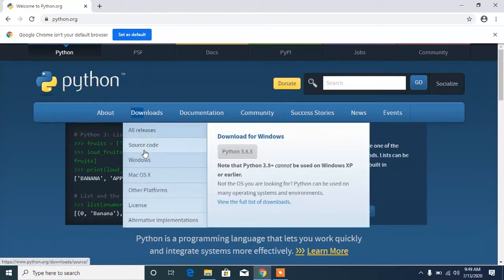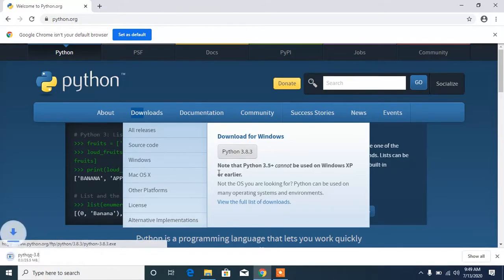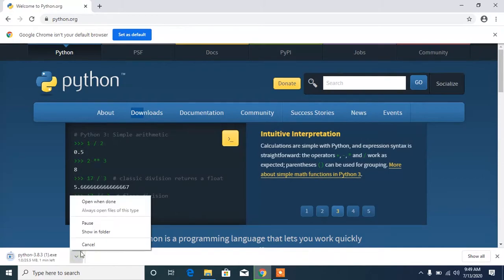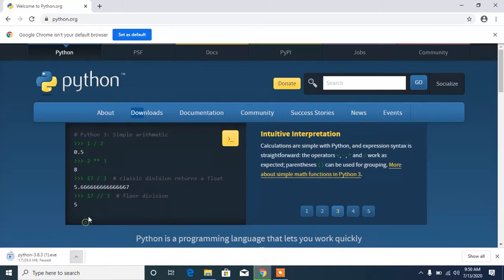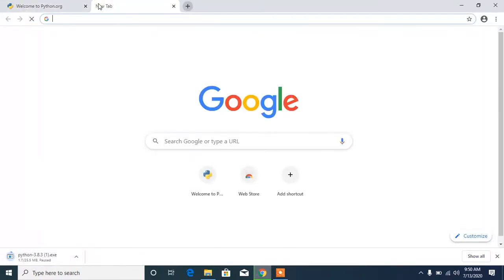And you can see that when we scroll down to this Windows section, you see the Windows download for PC, and you click on this button right here, download. That's going to download Python for us. I already have that downloaded, of course, so I'm just going to pause or cancel this. Now once it's downloaded, the second thing you need to do is head to the Python